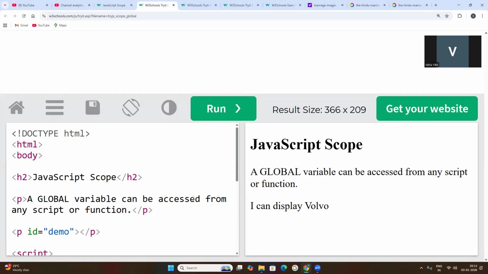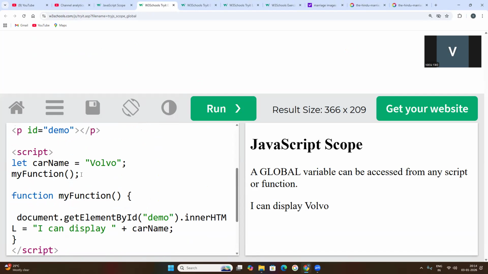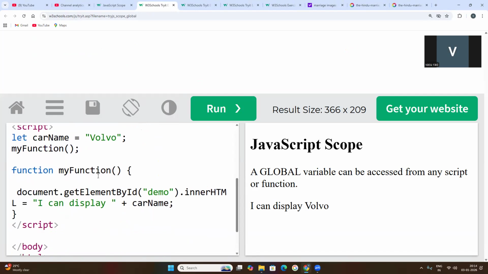Here, this is a function. I told you that once a function is created, whatever code we have written within that function will be displayed on the screen. A function is nothing but a block of code that will be executed. A block of code may be one line, two lines, even 100 lines.